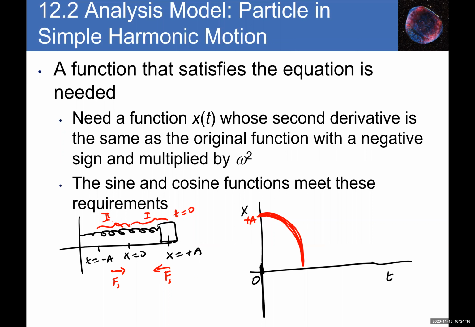Well, slowing down, moving in the negative direction, is represented with this graph. This is slowing down, moving to the left. And it's going to go until it reaches x equals negative a. And when it reaches negative a, the velocity is 0, that means my graph has to look like this, with a 0 slope, right? And then once it stops, this force is basically at its maximum, so that's pulling it to the